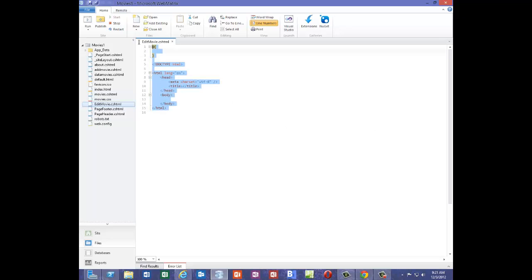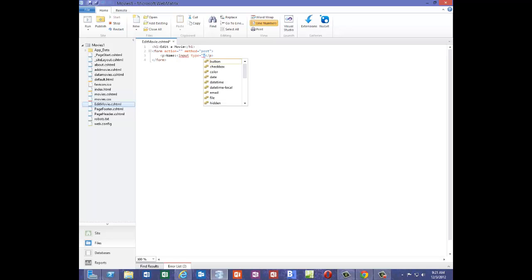Then we're going to change this so that we have H1, edit a movie, form action equals empty string, method equals post, and we have paragraph name, input type equals text, name equals form name, new paragraph, genre, input type equals text, name equals form genre,